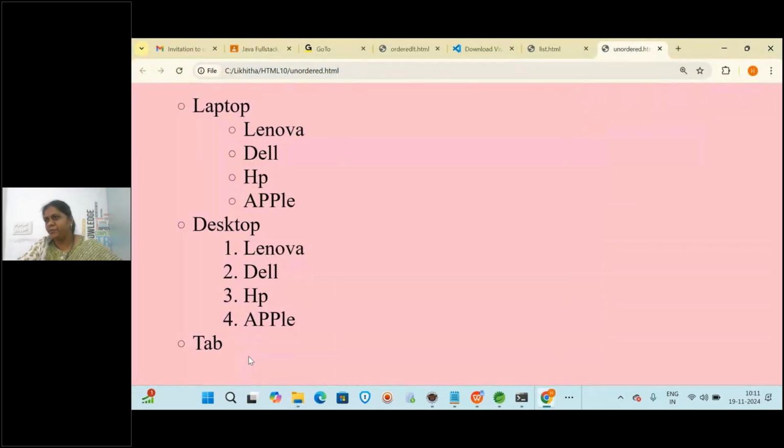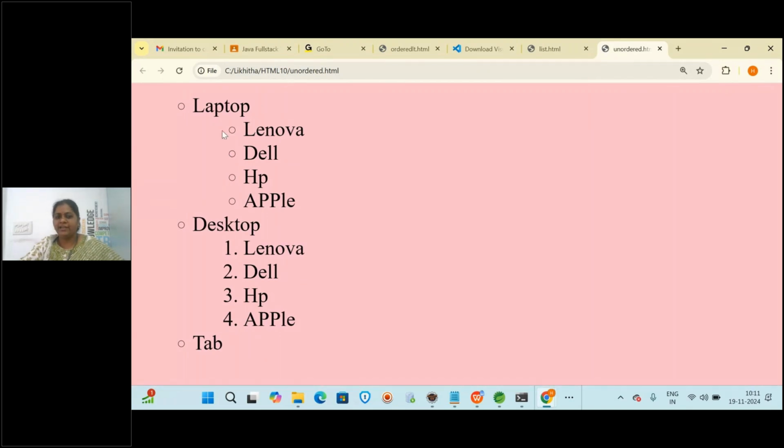Can you see this output, everyone? So this is the output. If you want, you can take the screenshot or photo. Try to write the code for this program. Okay, so if not this, just create ordered list and unordered list separately. But those who can, try this also.